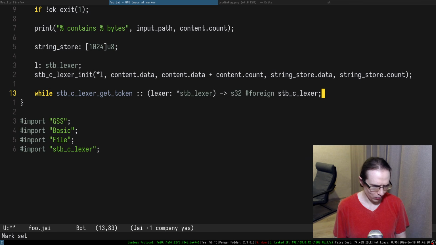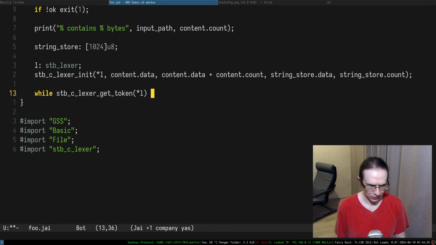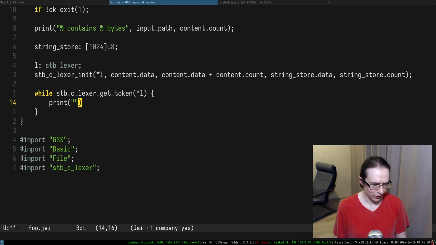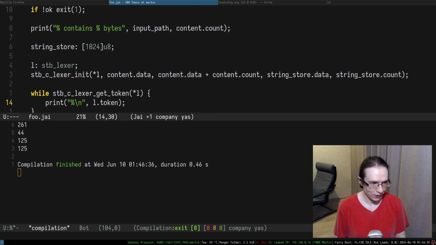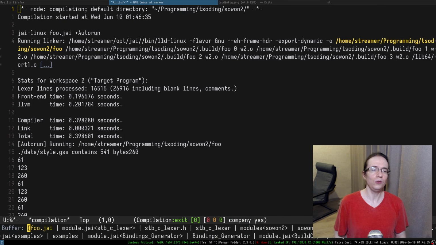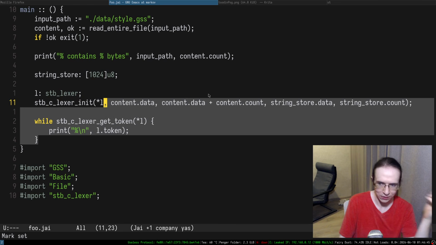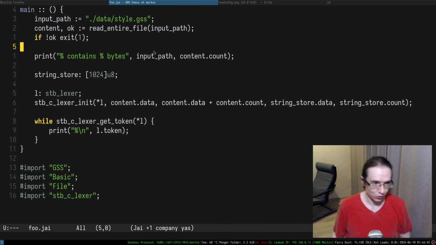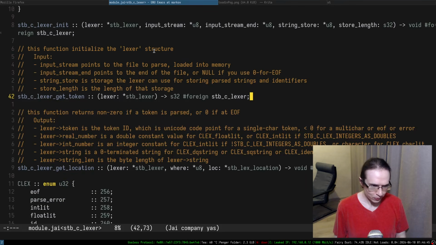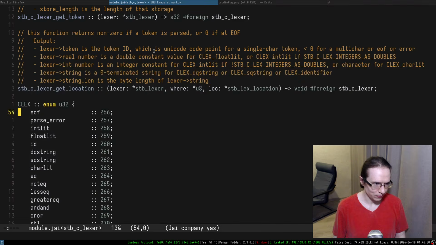So while we have that, here is the lexer, and now we can go ahead and print the token. So this is going to be L token, and I'm going to just run it, and it worked. So we're already using stb lexa. It wasn't that difficult, and it didn't take that much time to write the bindings and stuff like that. It's pretty cool. But anyways,